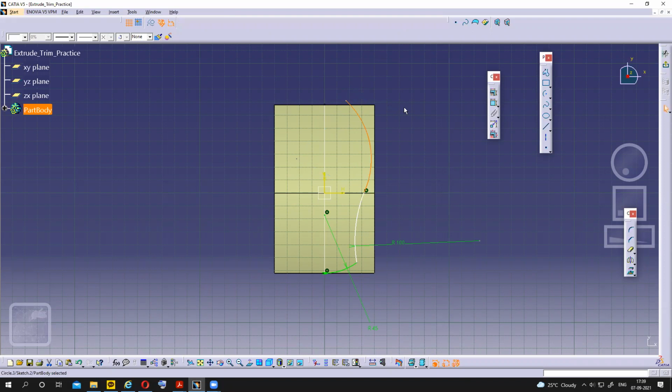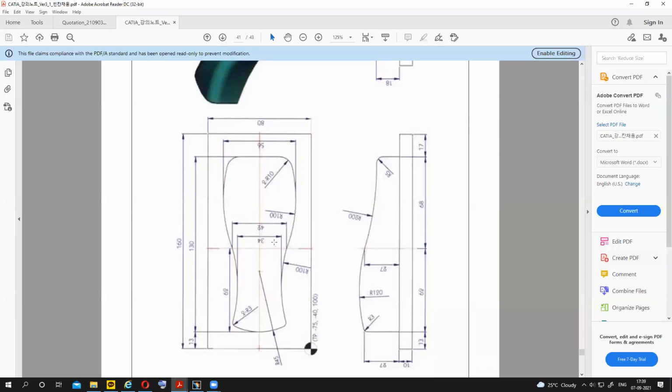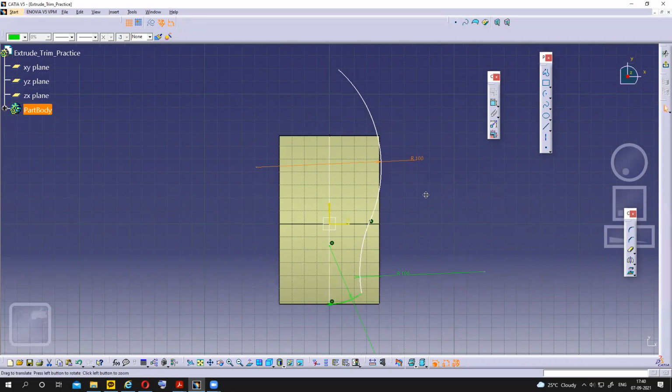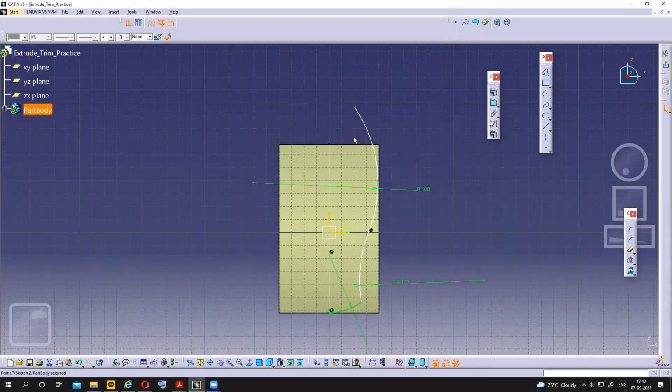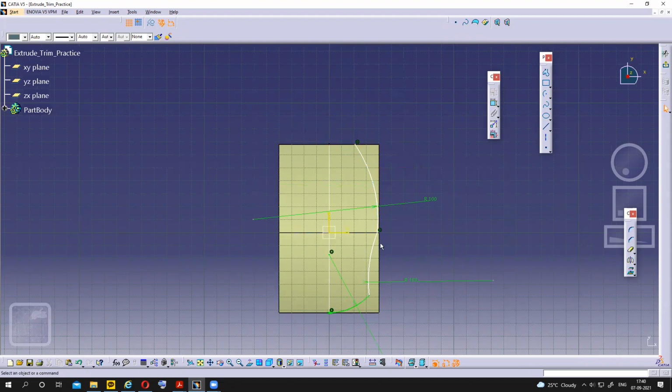You can later use the coincidence. Okay, and what is the radius of that one? Radius is 100. Radius of 100, and here this and this are matching, right? This point and this line, select coincidence. Okay, and